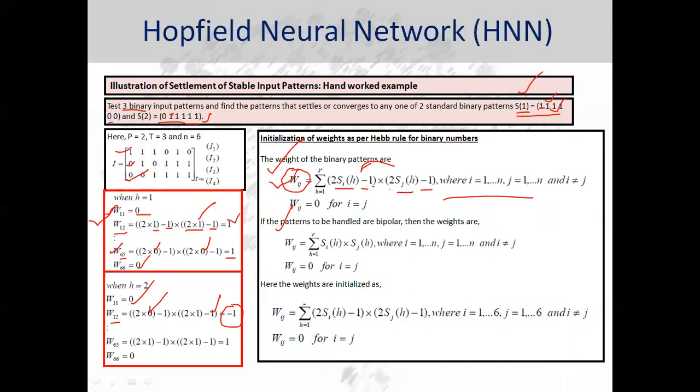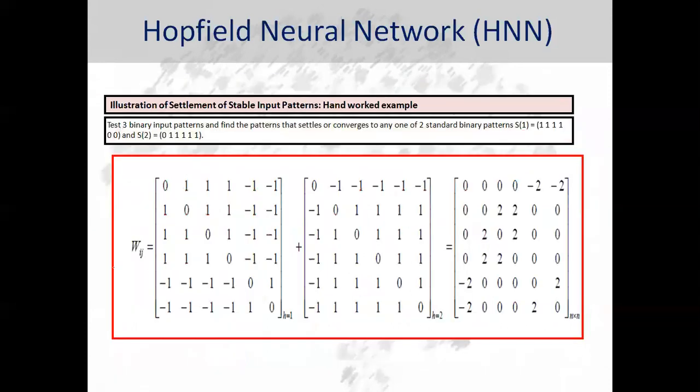Just by pursuing these calculations, we reach that for sample number 1, the 36 values are represented using our initial weight matrix storing pattern number 1. These are the 36 values storing pattern number 2. At the end, we need to sum them. So this plus this results in this final weight matrix. Suppose there were 10 patterns to be stored, then 10 matrices of this kind are to be calculated and then all need to be summed up, resulting in this final weight matrix.